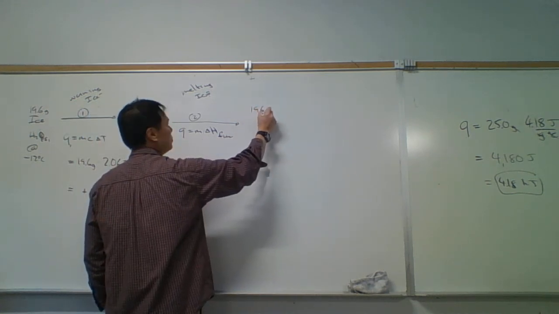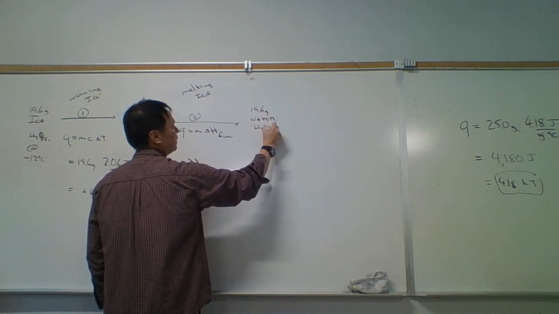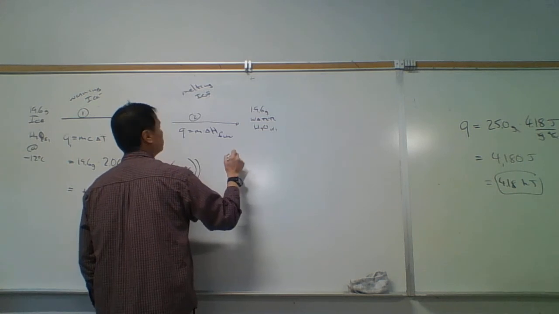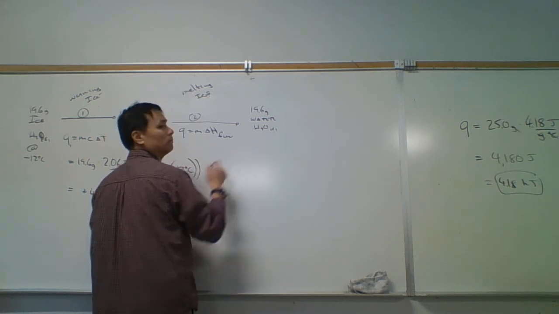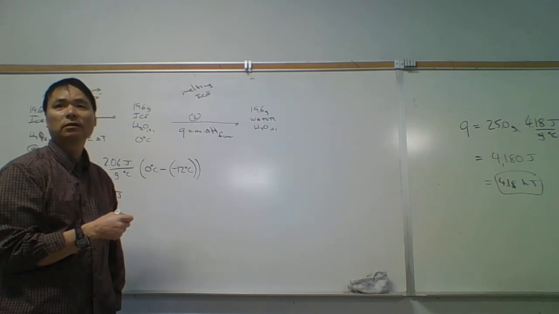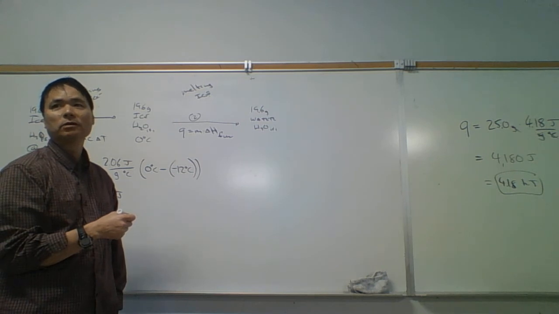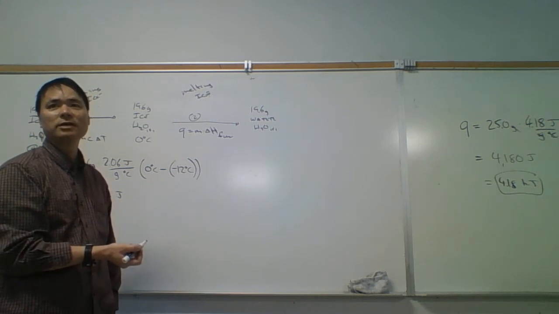And it's going to be 19.6 grams of water, H2O liquid. At what temperature? What's the temperature of ice water? The water part of ice water is at what temperature? The ice is at 0 degrees C. The water is at